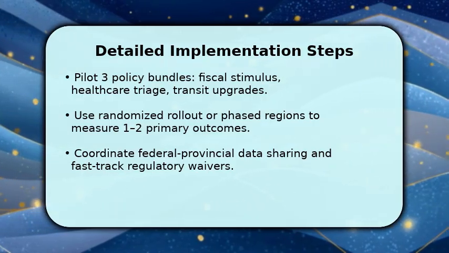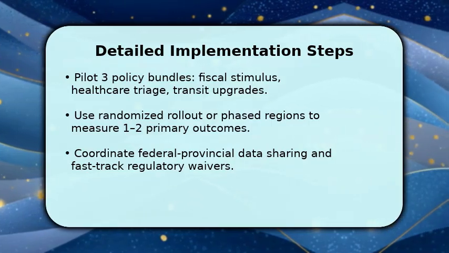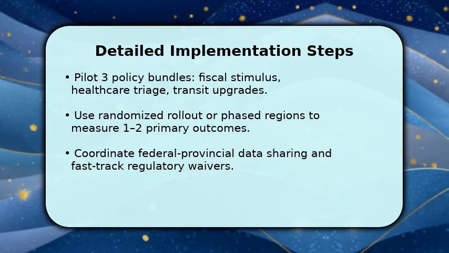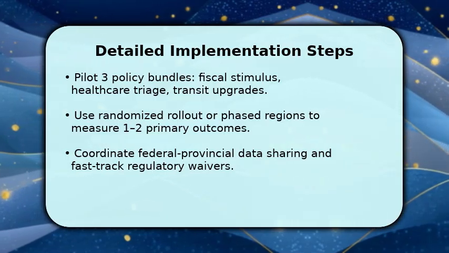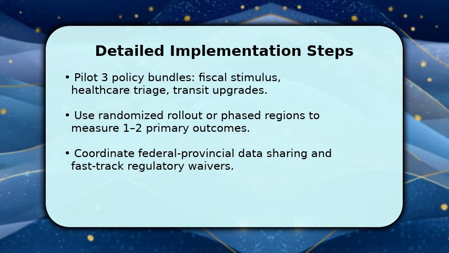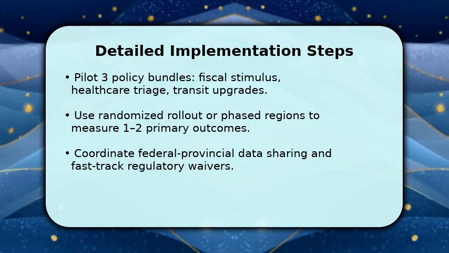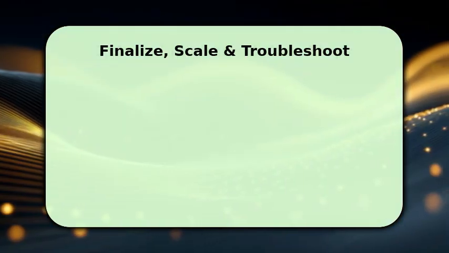Once pilots run, collect qualitative feedback from communities and adjust policy design. Make sure to coordinate federal-provincial data sharing and fast-track regulatory waivers where legal. This reduces delays. You wrap up by validating which pilots meet KPIs and preparing a scale plan with 12-24-month timelines